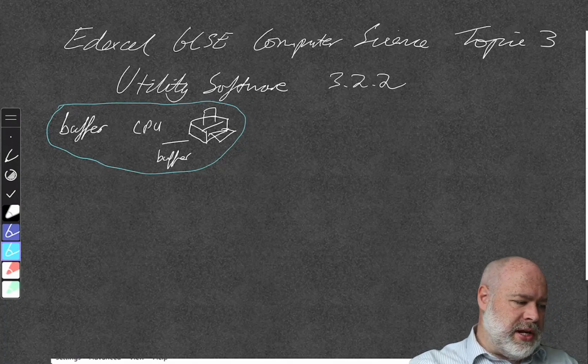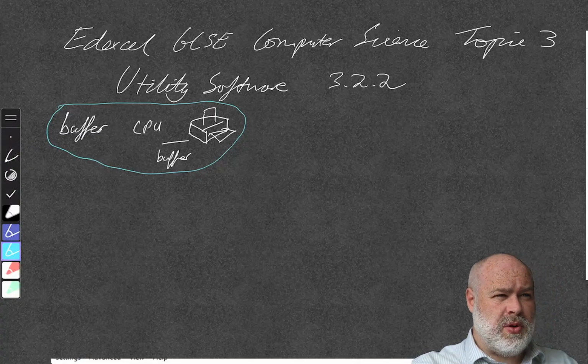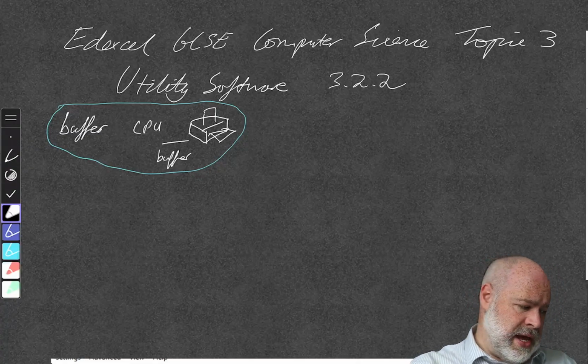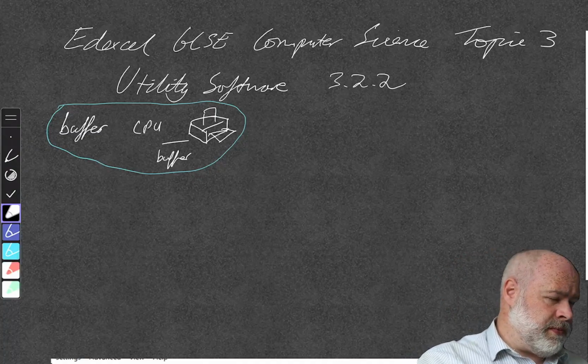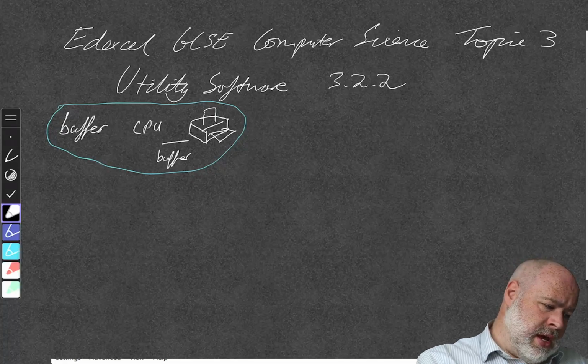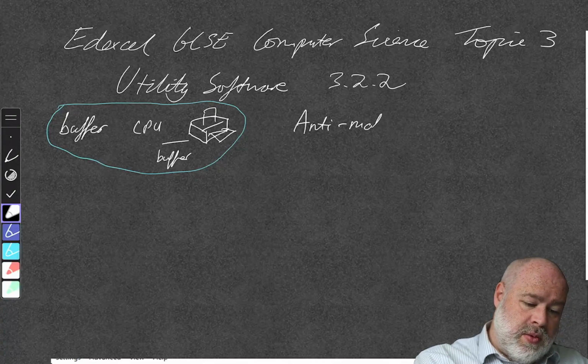So let's look at utility software, and we're going to go through some exam style questions as always. And there are lots of different utility softwares available on the computer. Some of the easiest to remember might be anti-malware